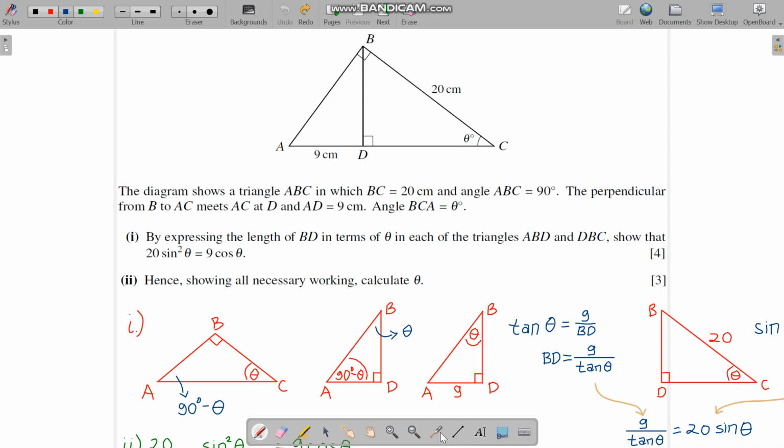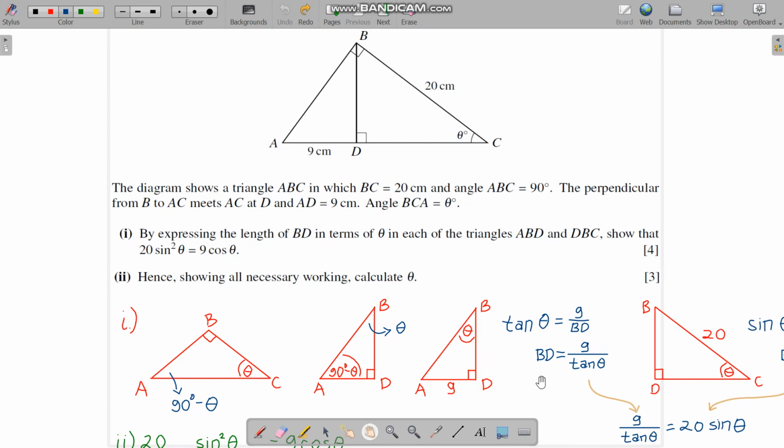Number 1, the diagram shows a triangle ABC, with angle B 90 degrees, and AB perpendicular. We basically just look at the diagram. By expressing BD in terms of theta, show that 20 sine squared theta equals 9 cos theta. Okay, so